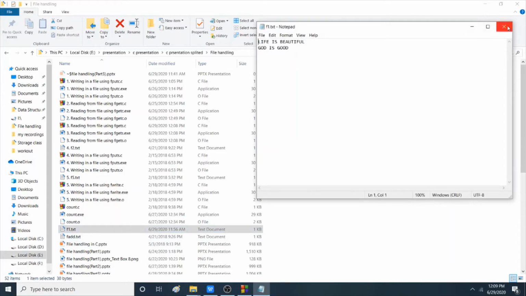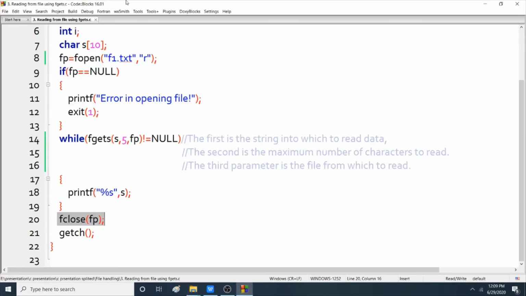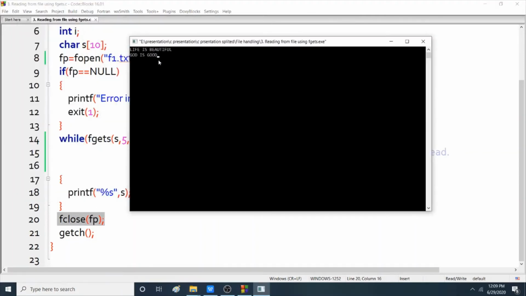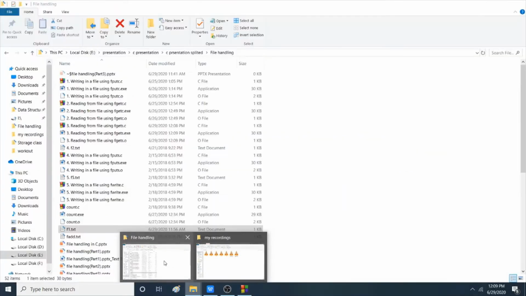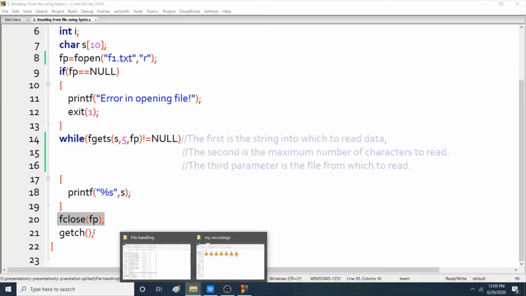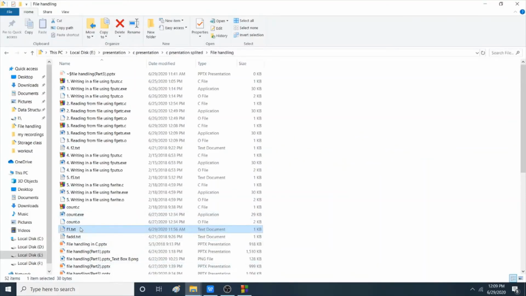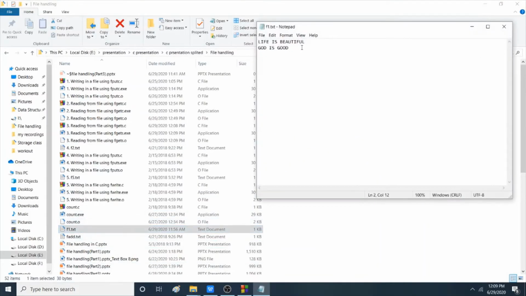Now when I run this program, we get these two lines. Now I just change the file, see here, I again write another line, and save.